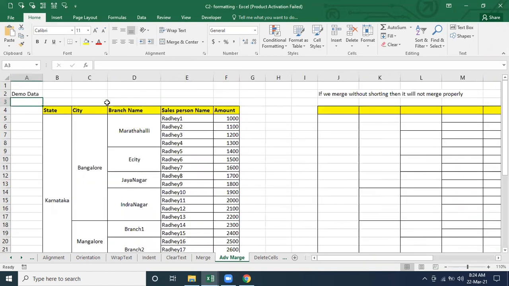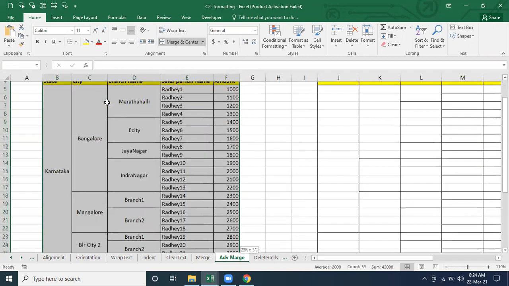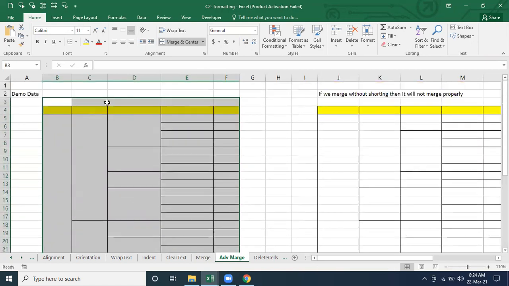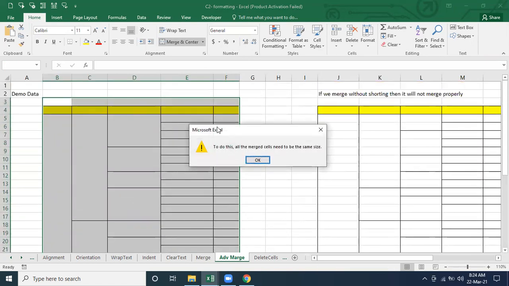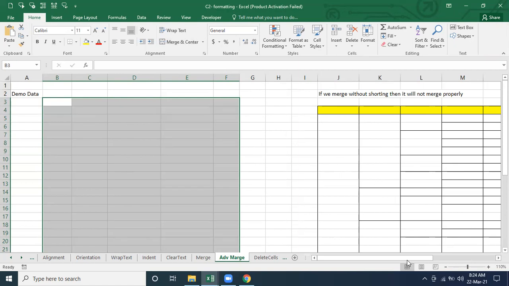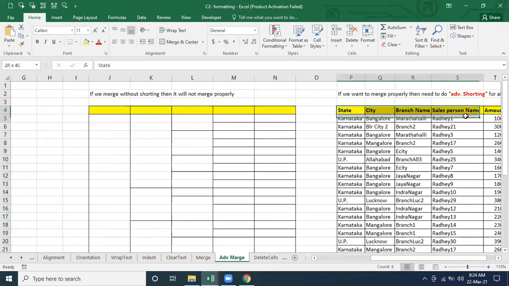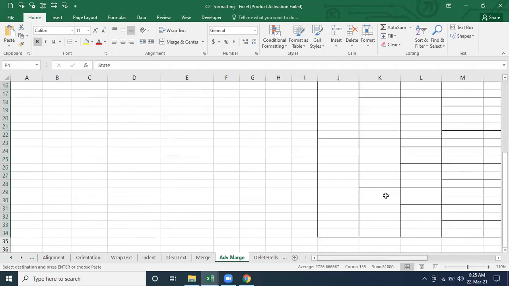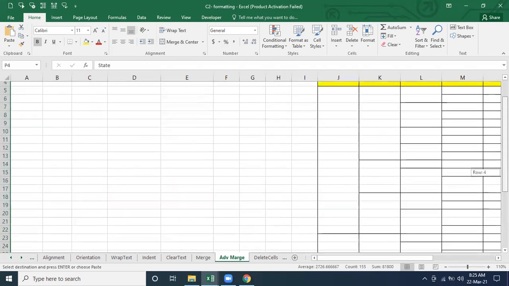Delete. Now what I'm going to do? I'm going to copy this one. I'm going to show you once again. This clarity should be there.